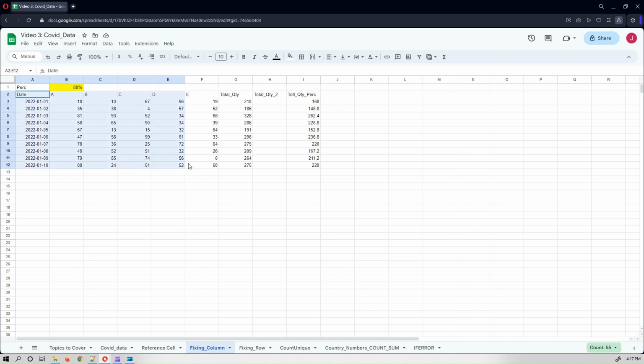So again, this is an example where on different days, different product types are sold. So on 1st January 2022, 18 units of product A, 10 units of product B, 67 units of product C, 96 units of product D, and 19 units of product E are sold. Now, if you want to know the total quantity of products sold on that particular day,